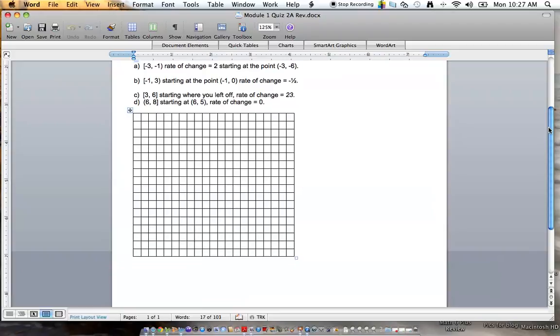Okay, so this says negative 3, negative 1. Rate of change is 3, starting at the point negative 3, negative 5. Negative 1 to 1, starting at the point negative 1, 0. Rate of change negative 0.5. 1 to 6, starting where you left off. Rate of change is 1/2. And then 6 to 8, starting at 6.5, rate of change is 0. Okay, so now,